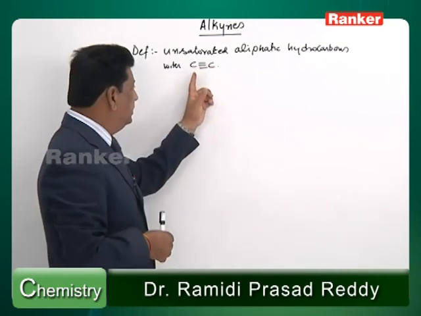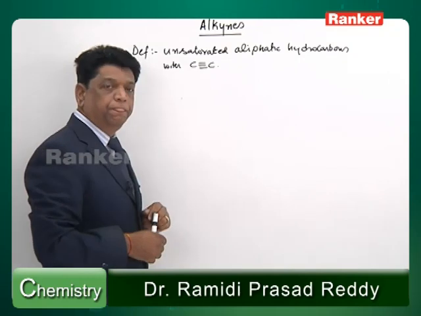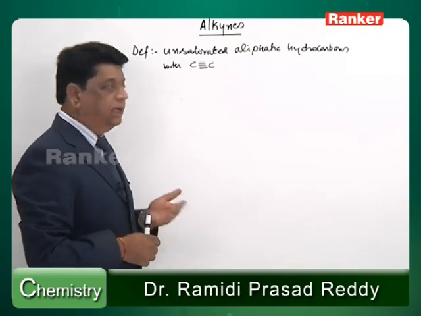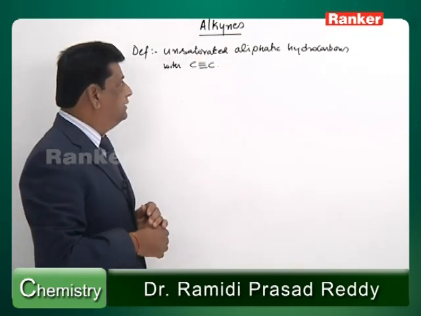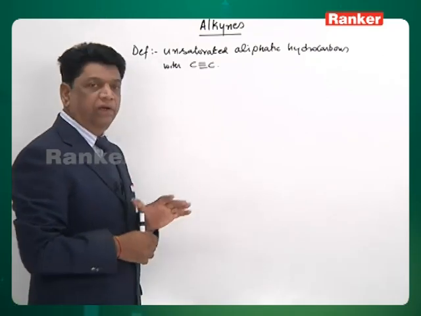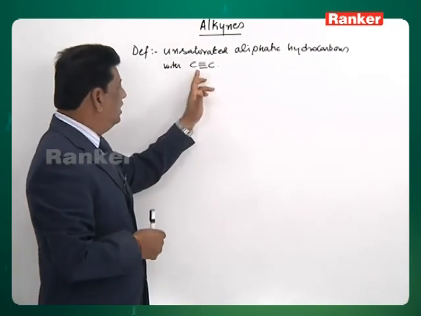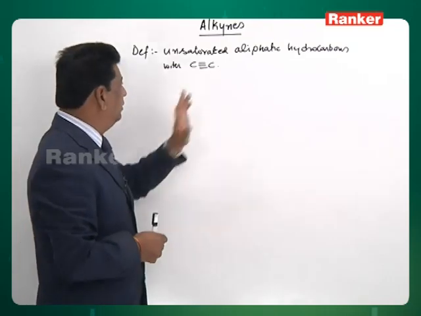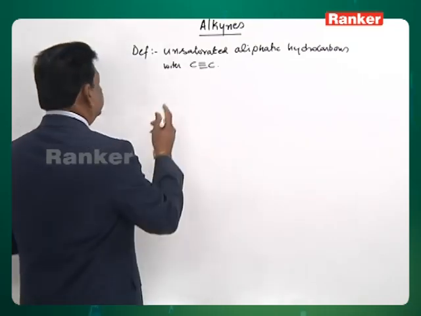In this case, if it is a double bond, they are called alkenes. So, alkenes and alkynes, the first line is same, both are unsaturated aliphatic hydrocarbons, with double bond alkenes, with triple bond alkynes. So, the first example is here,